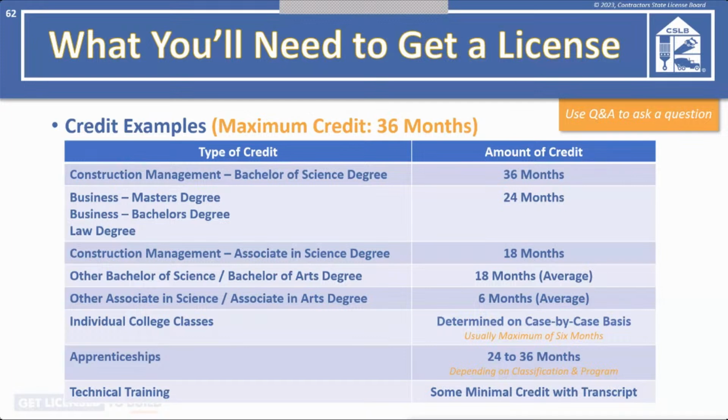If the RME stops, then that license needs another qualifier. If it's a sole owner, then either the owner needs to have the experience to become the qualifier, or the owner will need to find another qualifier with the experience to be the qualifier on that license. Same with a corporation or any other. When the qualifier leaves, that license needs to replace that qualifier within 90 days, or that license will be suspended